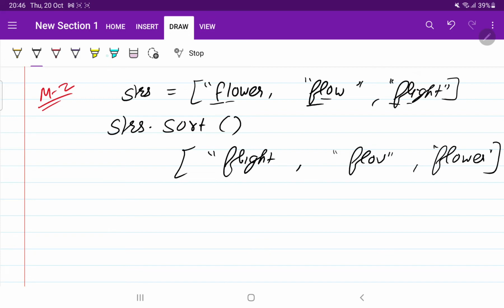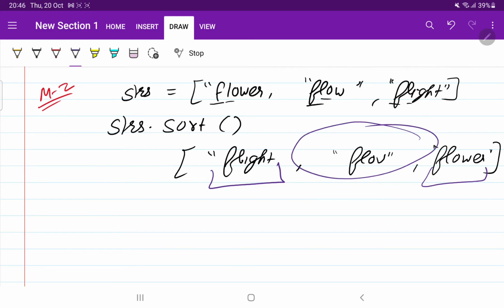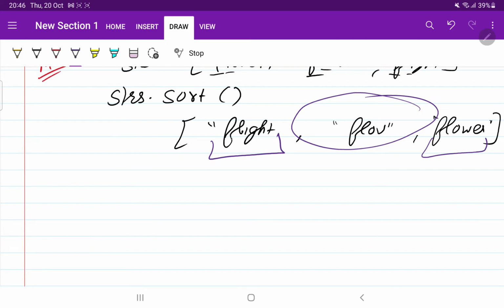Then what we are going to do, we are going to pick the first element and the last element. We are going to ignore all the elements in between. Why? I will tell you later. And then we will start comparing. If the first letter is matching, add it into the result. If the second letter is matching, add it into the result. As soon as you get I here and O, it is not matching, return the result. So directly we can come to the solution.